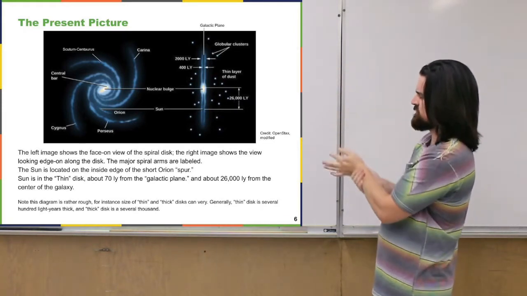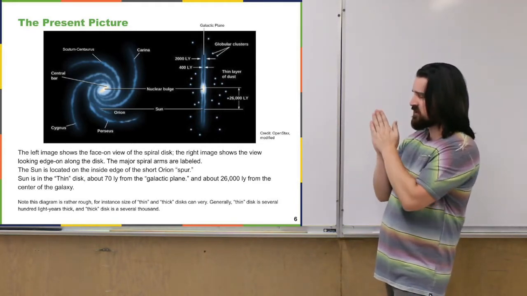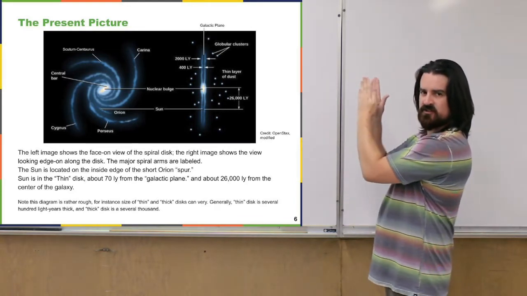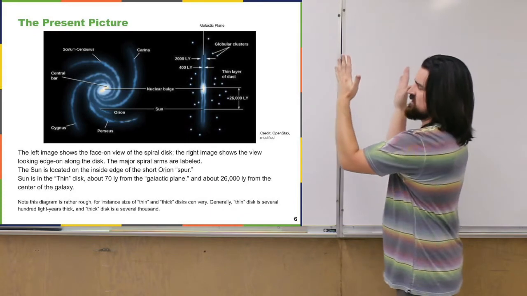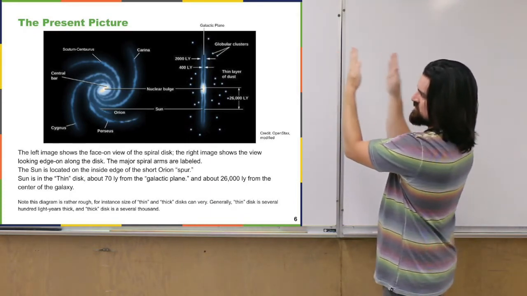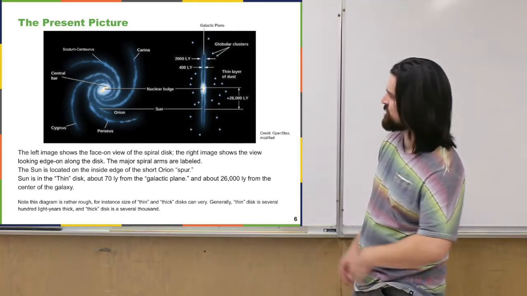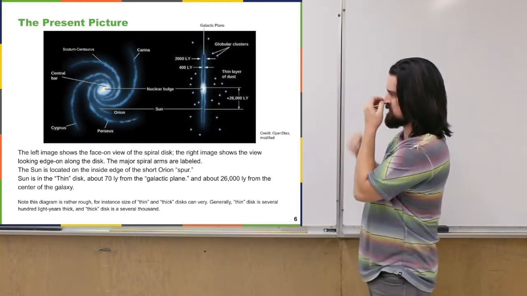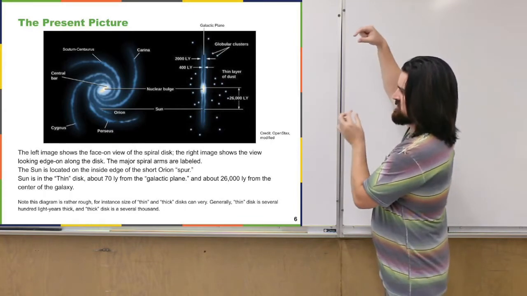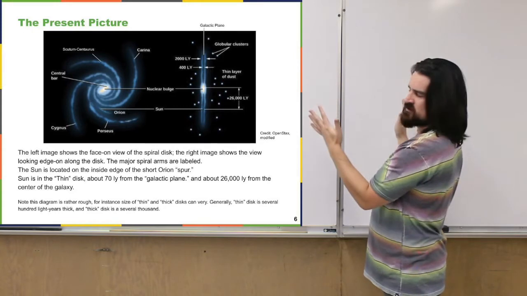And also, some of these numbers can vary a little bit. Basically, the thin disk, or the most dense part of our galaxy, is something like a few to several hundred light years thick. And then the thick disk, well, there's still quite a lot of stuff, but it's less dense than the thin part. It goes out to something like a few to several thousand light years. So definitely most of the stuff that makes up our galaxy, most of the gas and the dust and the stars, are all within this thin and thick disk area of the galaxy. But there's still a decent amount of stuff out here.